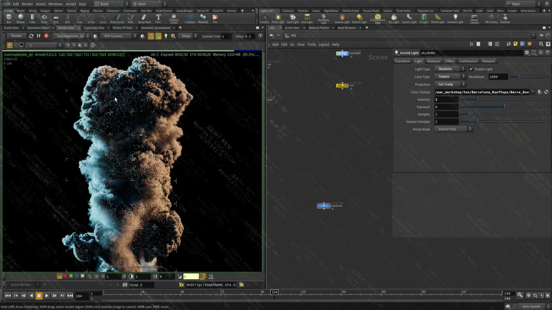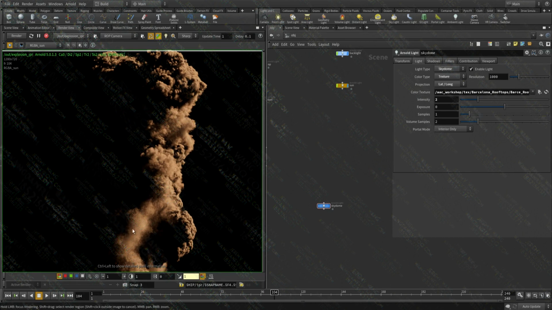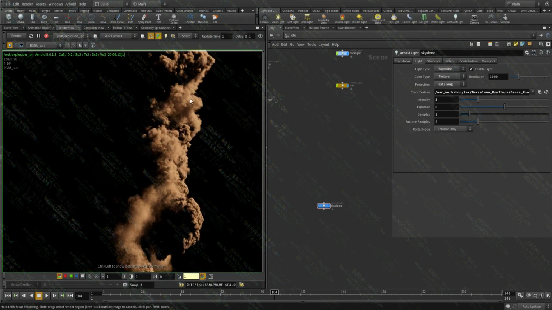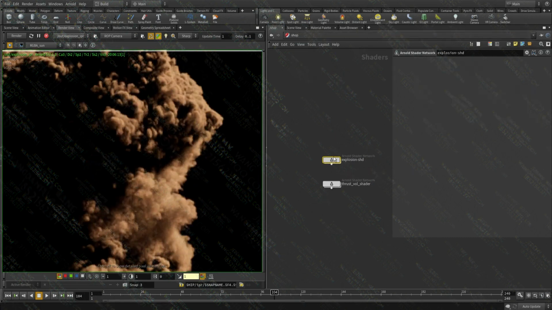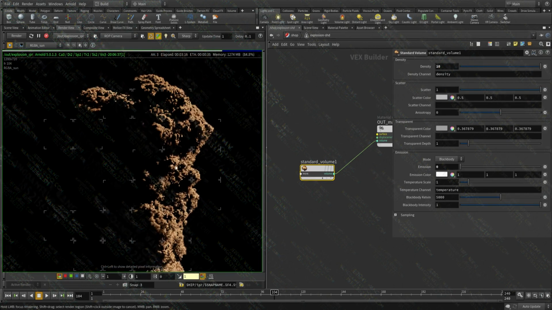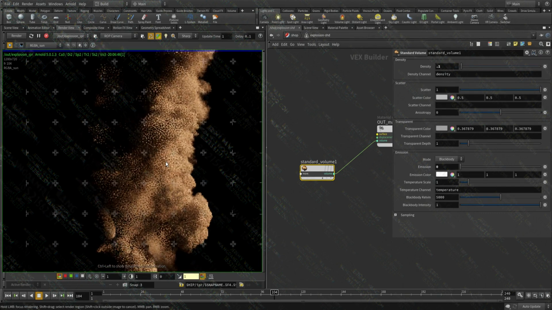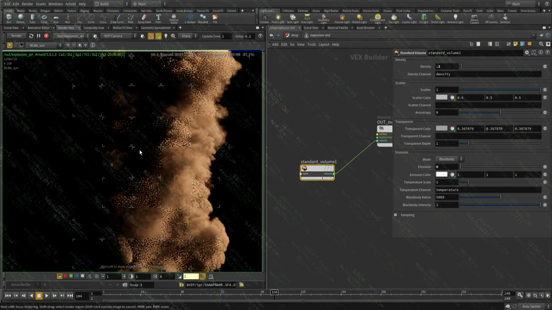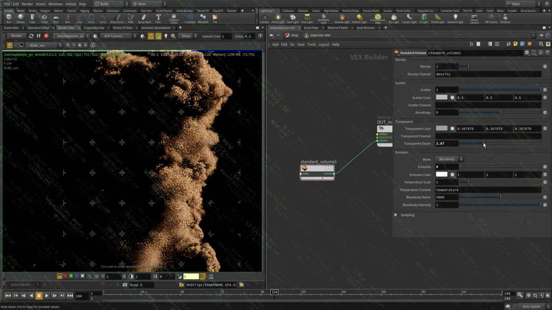Now this is where I said I also tweak the shader. For example, let me look at the AOVs, the sun here. See, we're not getting a lot of clear shadow volumetrics, which I like a lot. This is personal preference. So let's play with the density and see how we can bring this up even more. So denser, we're not seeing that. We're losing the details. 0.1, the volume is very, very transparent, but we're getting a lot of these volumes. So let's set it back to 1, and let's play with the transparency depth.